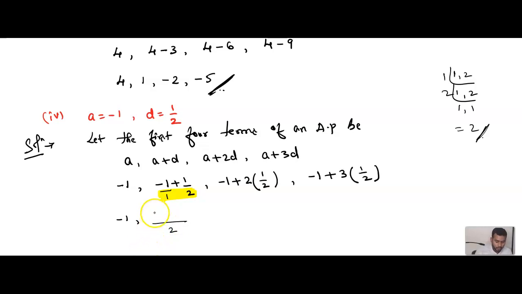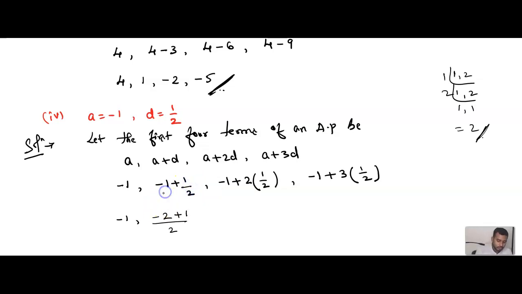Got it? Now what should we do? This entire term, can you see this? Minus 1 by 1. This entire term we multiply by the LCM. Minus 1 by 1, if you multiply by the LCM, what is the LCM? 2. Minus into plus, minus 2 ones are 2. Done? Is this clear? Similarly, this entire term, what is this entire term? 1 by 2. This entire term, the center is plus, let me write plus. This entire term 1 by 2, we multiply by the LCM. What is the LCM? 2. Now this 2 and this 2 get cancelled. So what is left out? 1. Is this clear? Did you understand?